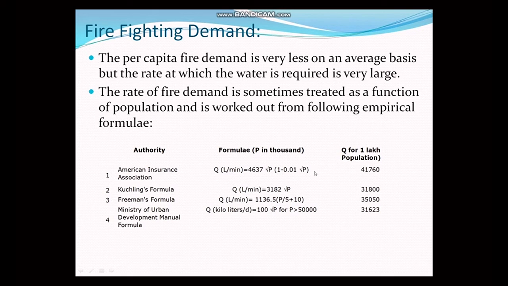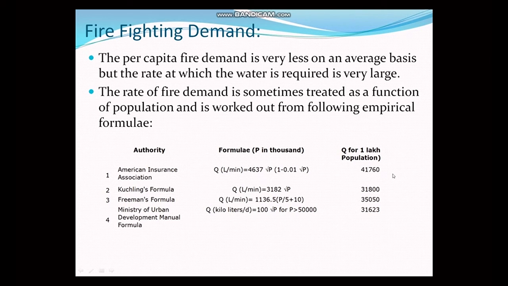Suppose a sector has a population of 1 lakh. Then putting the value of P in the formula, we can get the required supply rate of water, that is